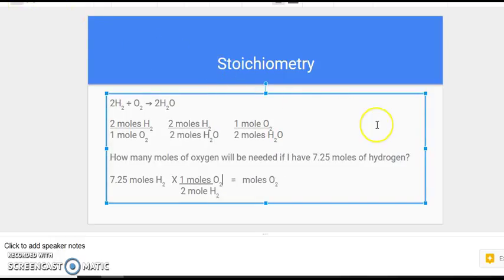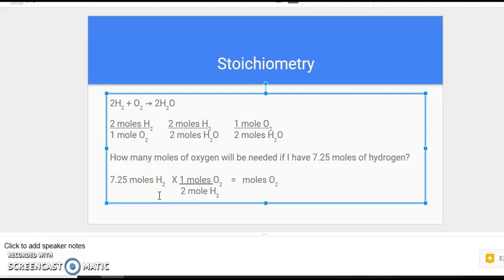So another example, again, this is very much like the one that we just did. So how many moles of oxygen will be needed if I have 7.25 moles of hydrogen? So, oops, I didn't put an answer in. So 7.25 moles of hydrogen is what we're starting with. I need a conversion factor that's going to get me to moles of oxygen from moles of hydrogen. Again, there's only one conversion factor, and I just flip it and use it whichever way I want, because remember,